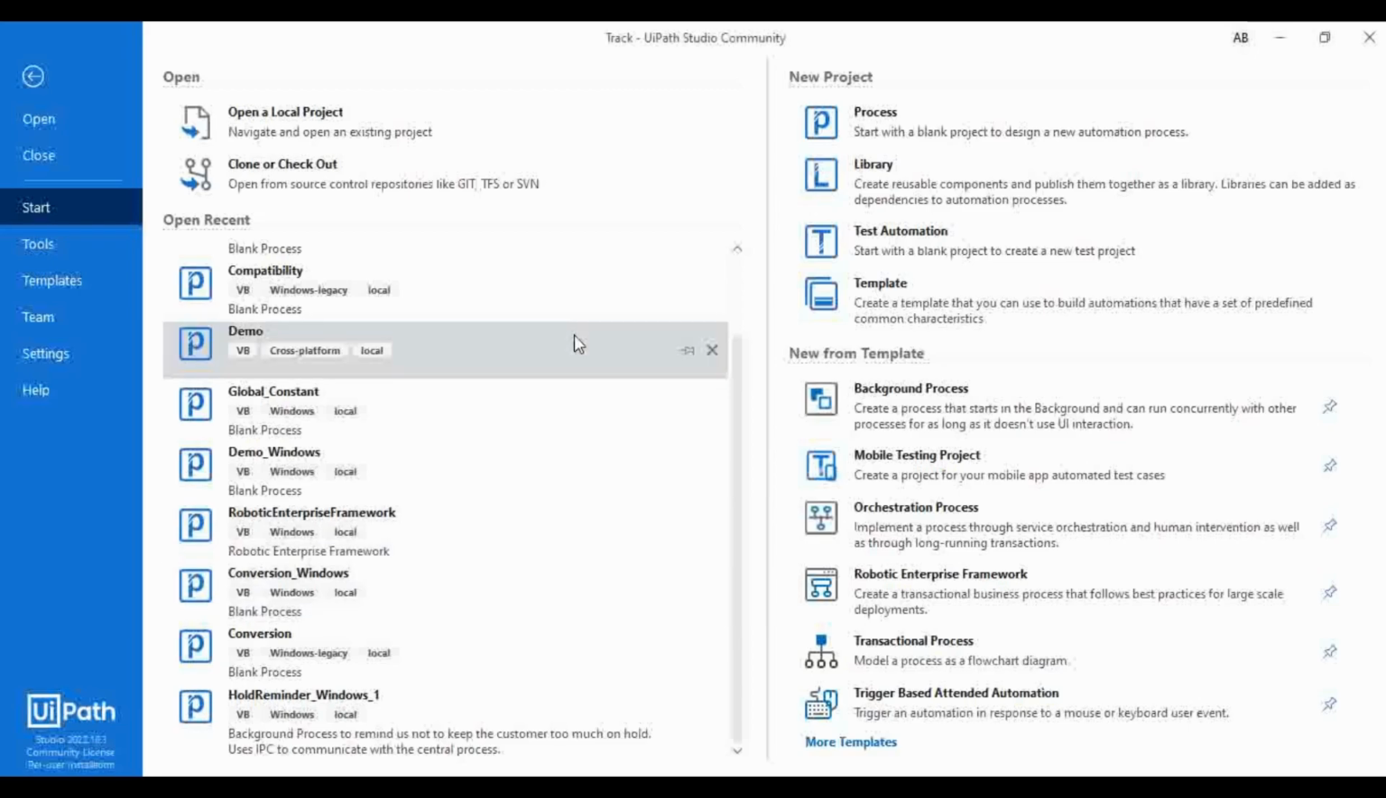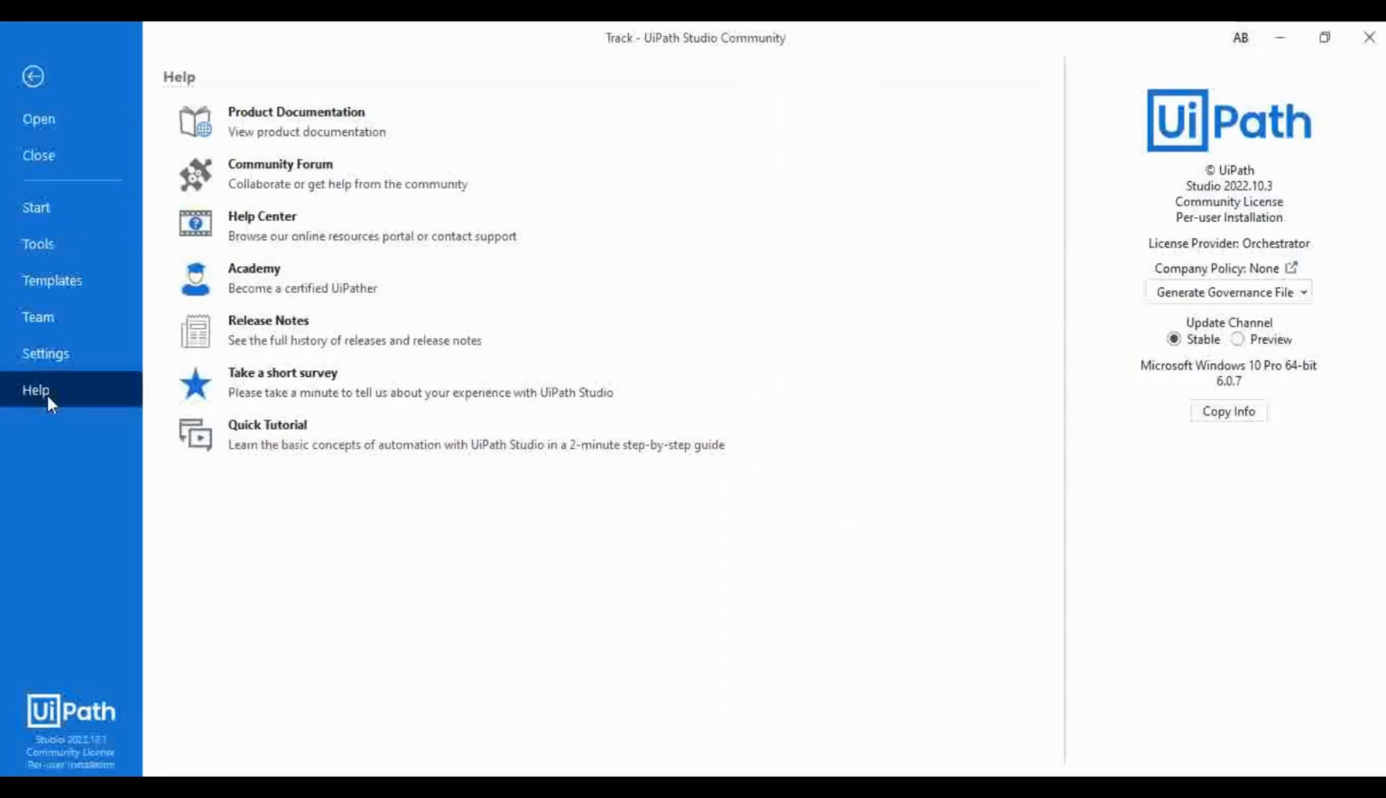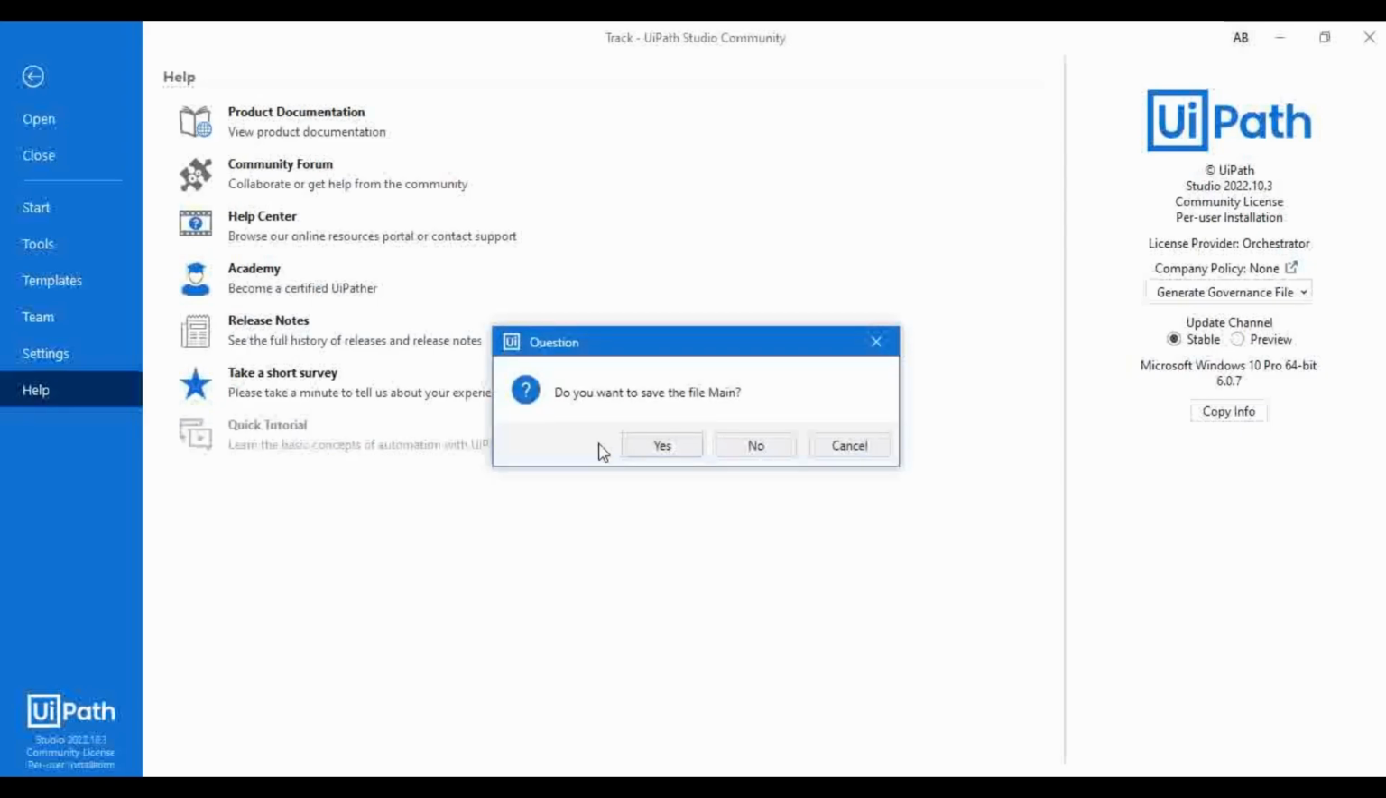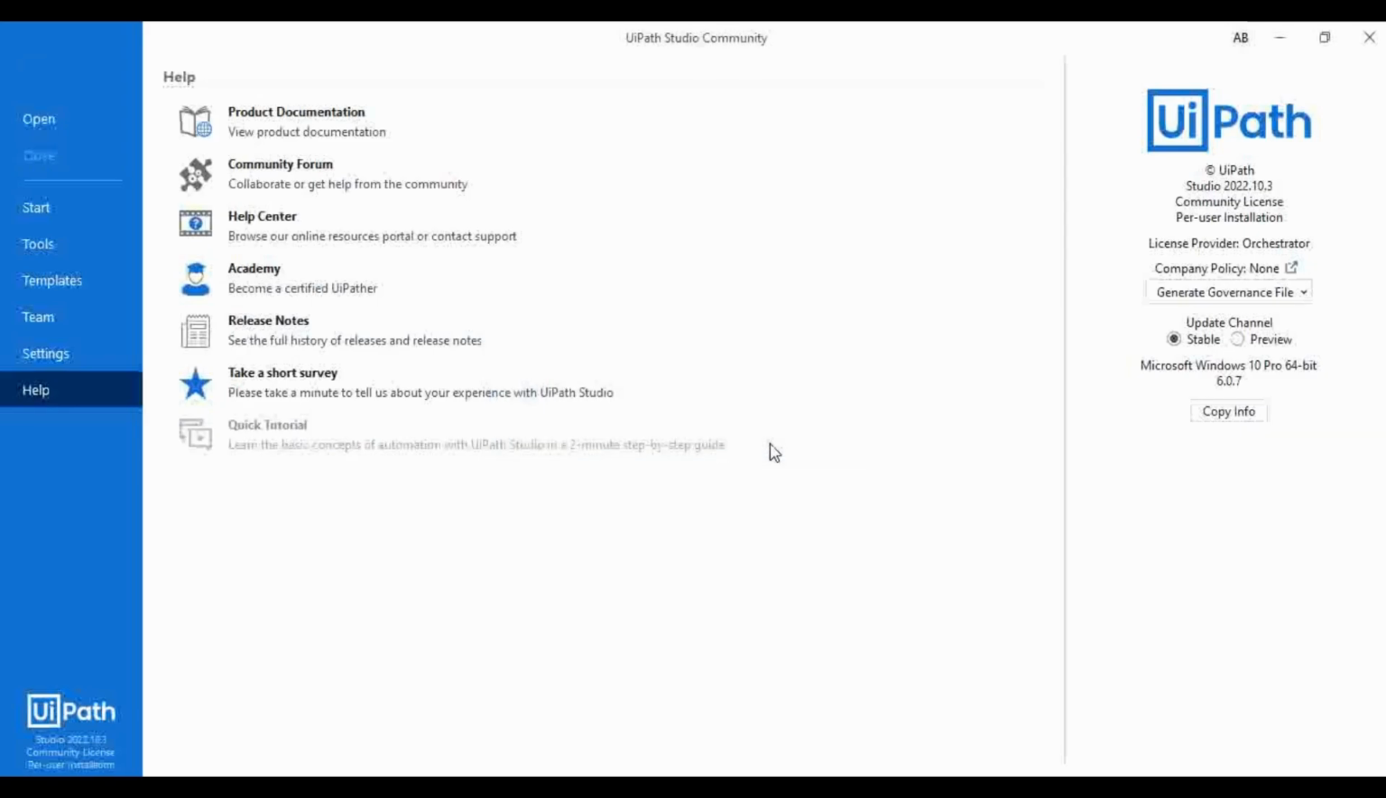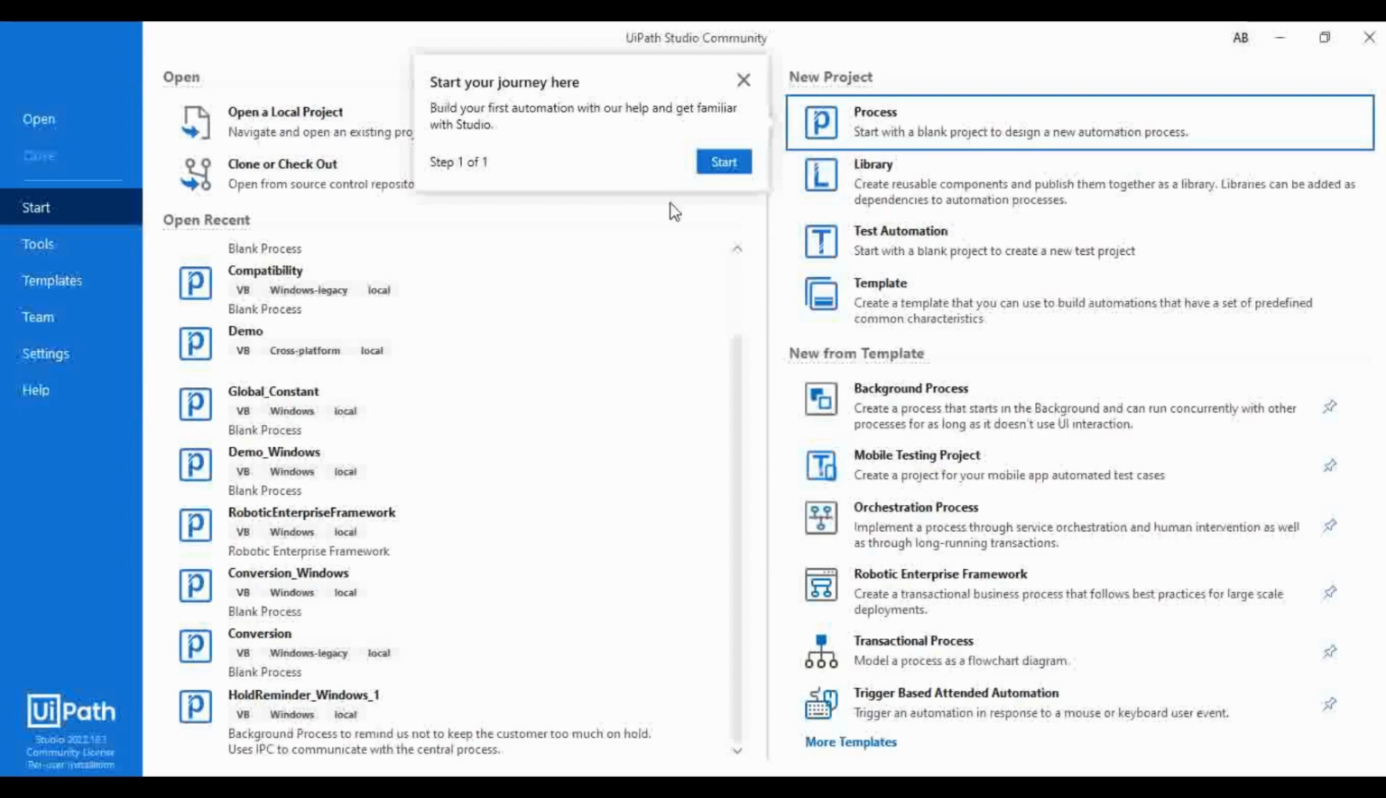In my Studio you can see there are different processes already created. So if you create a new process, it will not show that tutorial by default. Then what you can do is go to help, then click on tutorial, and click on this quick tutorial. Then it is showing you that you need to click on process and